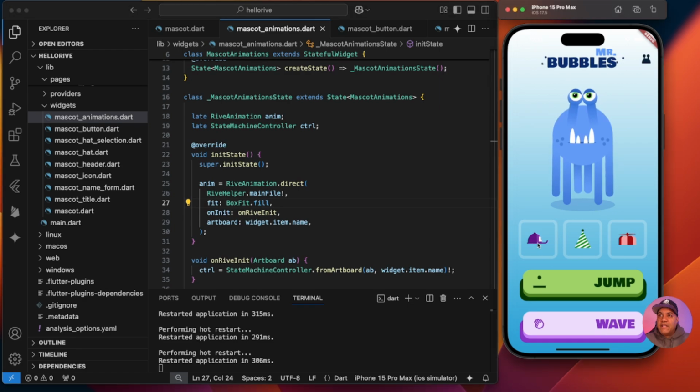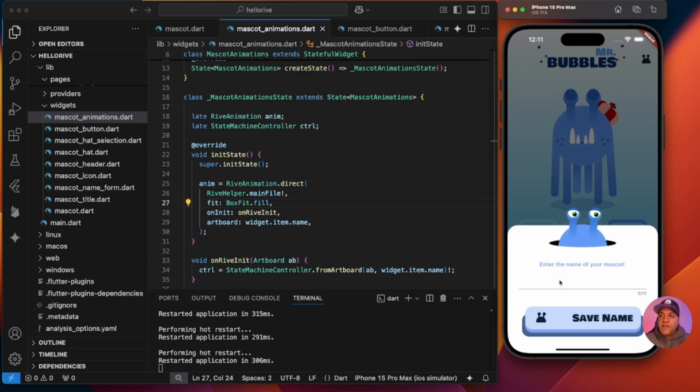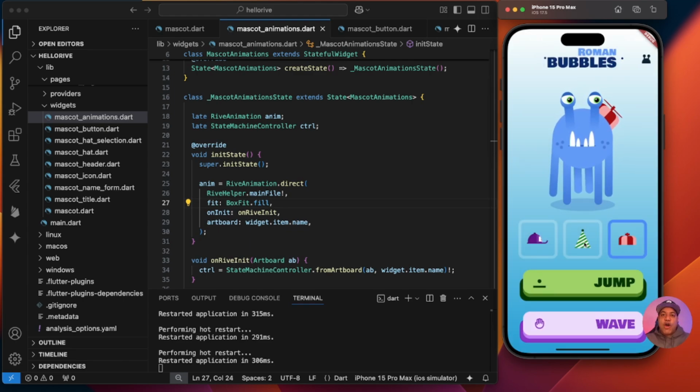And there it is. I can do the selection of the hats. I can do the jump. I can do the wave. I should be able to do the form as well. There it is. If I just type my name and hit save name, everything is coming now from the cached